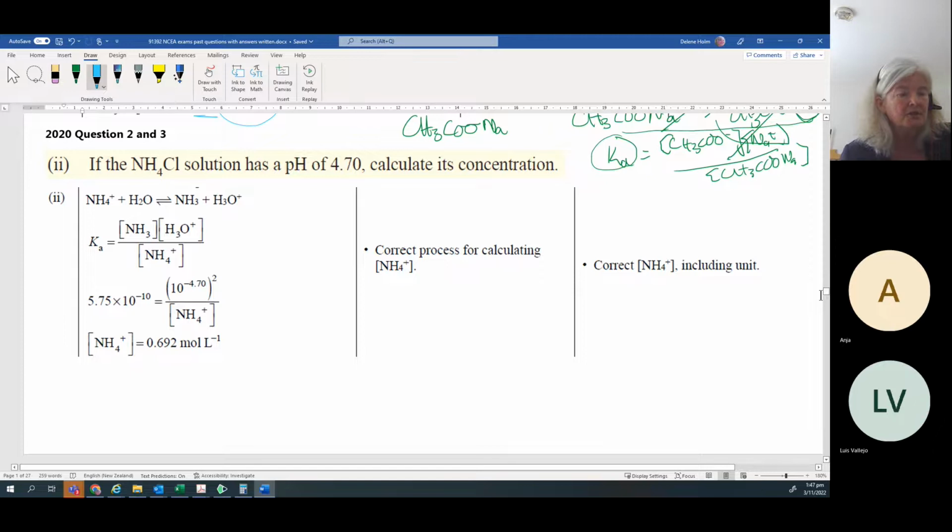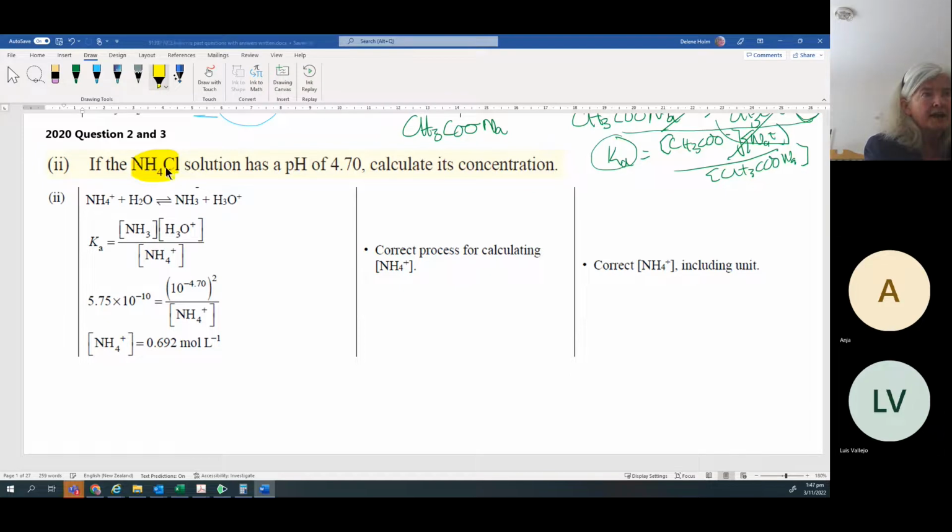Okay, so here's an example where you are given a substance where you can't just use the substance and dump it into a Ka expression, because can you see I don't have an H3O plus on there anyway. So what you've got to do is divide that into your cation and anion and ask, which of these is going to react with water? And hopefully you'll know Cl minus comes from the strong acid HCl. So Cl minus will not react with water, because if any Cl minus reacted with water to form your HCl,